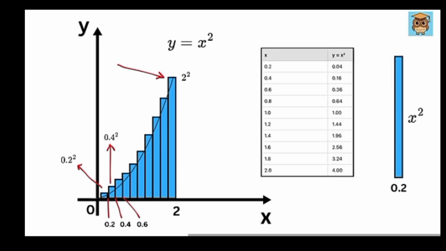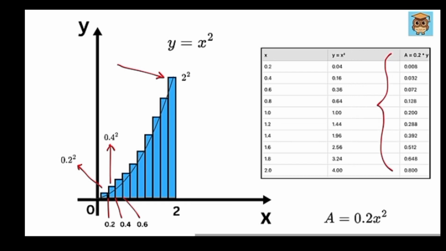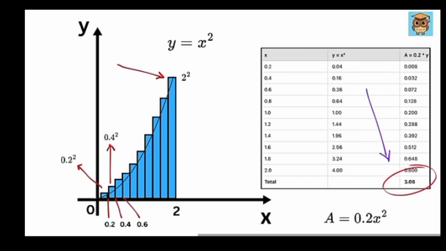I have made a table of x values and their respective y values. Now the area of this rectangle will be base times height, or this. Do it for all of these rectangles and sum them up to get this. So the area of this